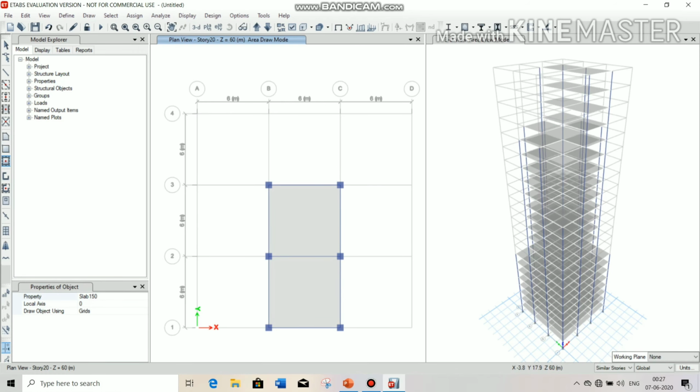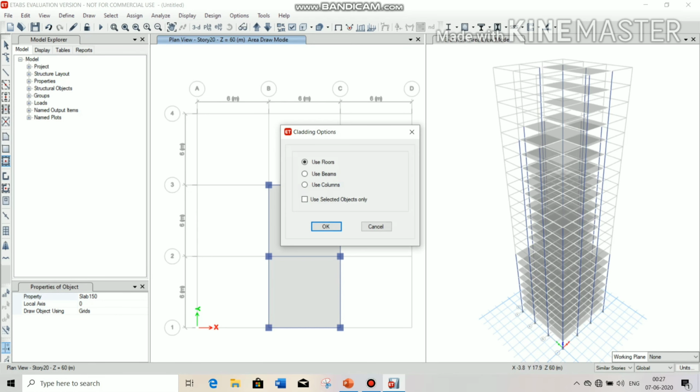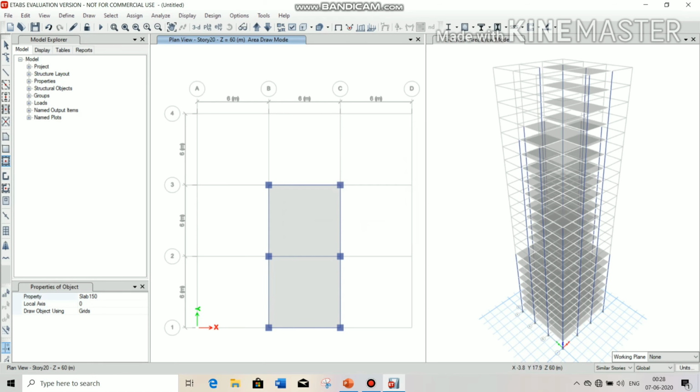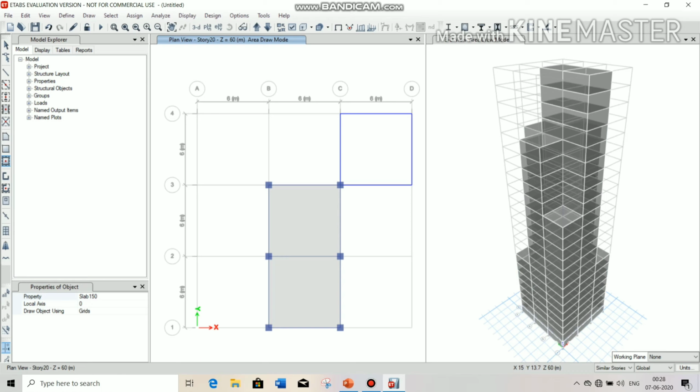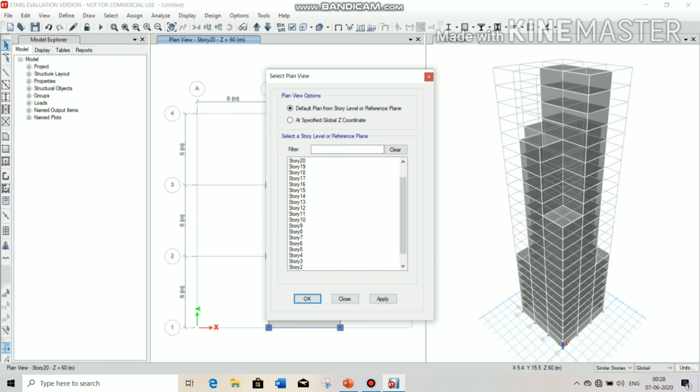And then go to the draw menu and select auto draw cladding, choose use floor and click on OK. And press escape on your keyboard. Now go to plan and choose story 1 and click OK.